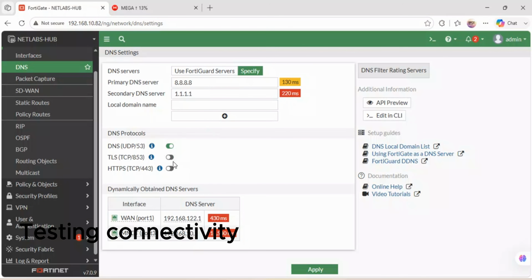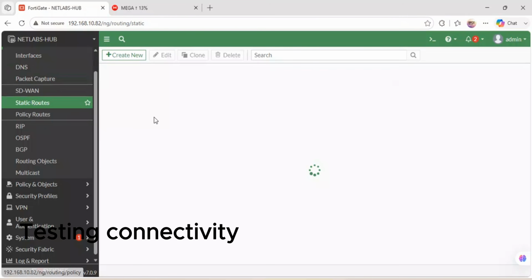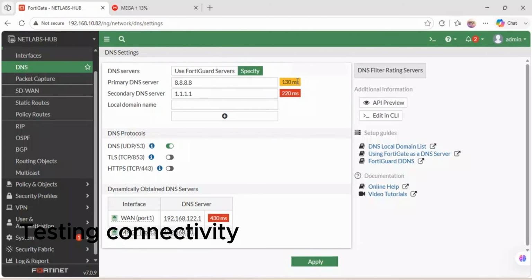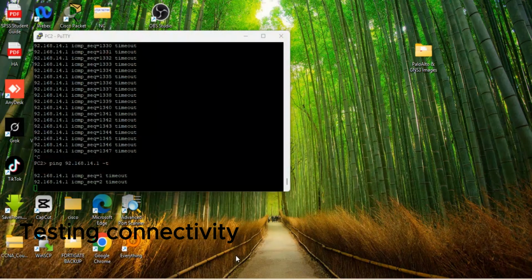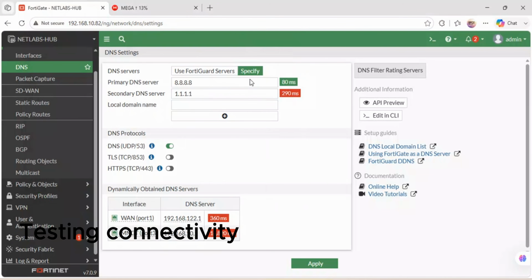It has picked the DNS. So it will pick, you can see at this particular point. So once we are done, then we are going to